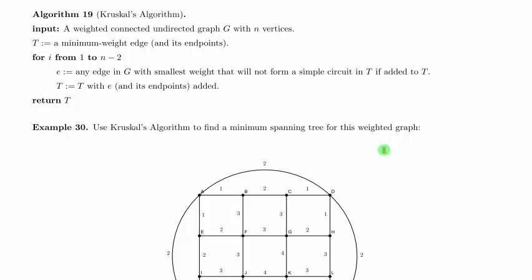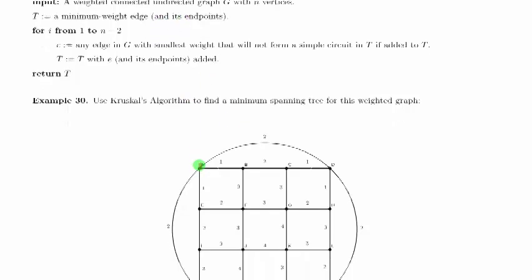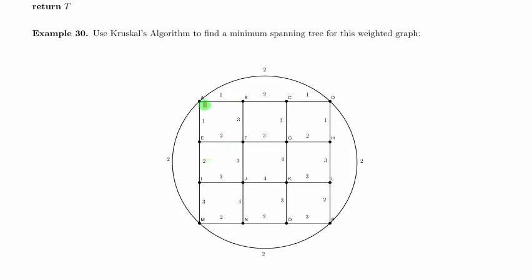In Kruskal's algorithm, we're going to start by focusing on the weights of the edges and let the tree sort of be formed by that. We're not going to have a tree necessarily during the process, but we'll end up with a tree at the end. So we're going to start with any minimum weight edge and its endpoints in G. So here, looking at the edges in this example, we have several of weight 1, and I can choose any of those as the starting edge. I'm going to go ahead and use AB here. I could have also used AE, CD, DH, those are all weight 1, and those all would have been fine